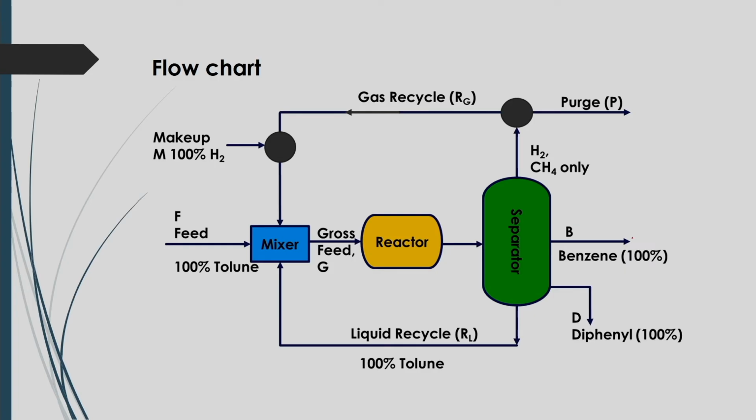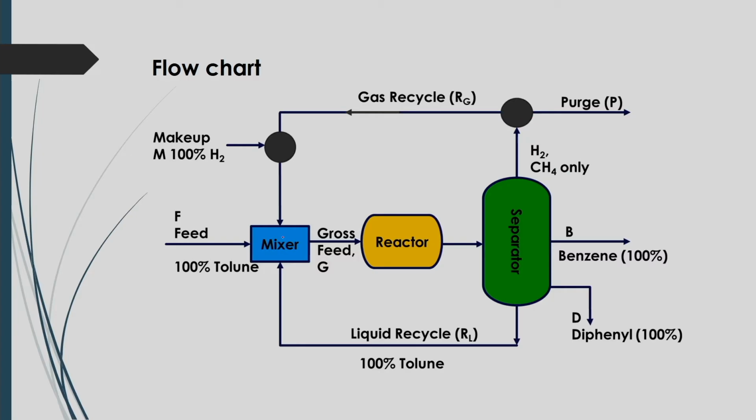Here the product will be coming as 100% pure benzene as B, and the byproduct will be taken from that separator as D. Here also 100% diphenyl will be taken as a separate stream, and then some amount of gas, whatever gas is produced there, that is methane gas, along with unreacted gas like hydrogen gas, that will be